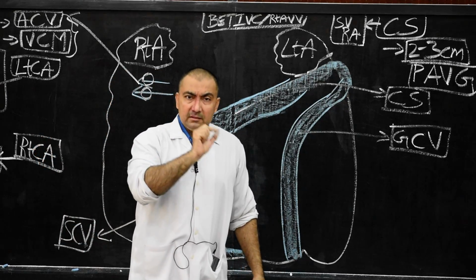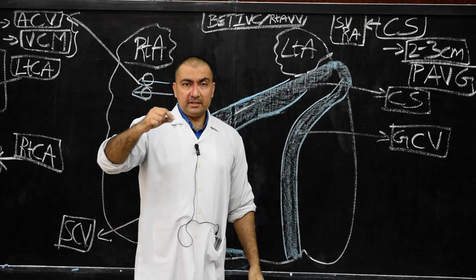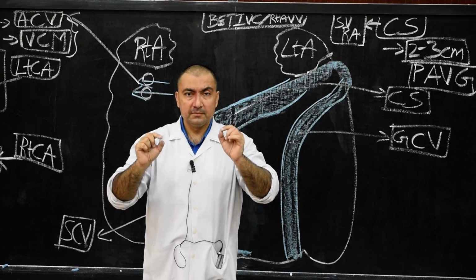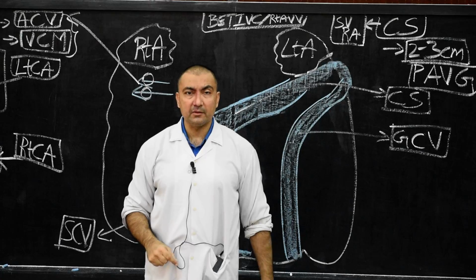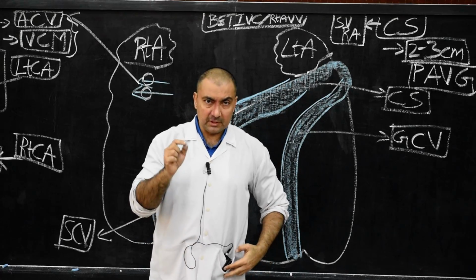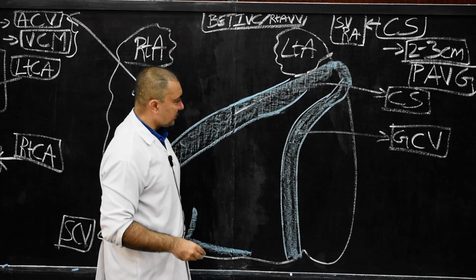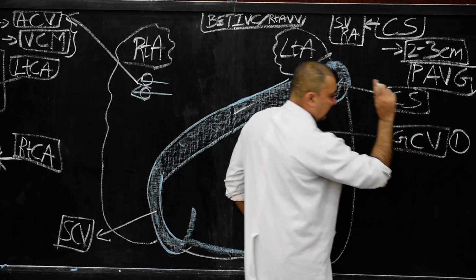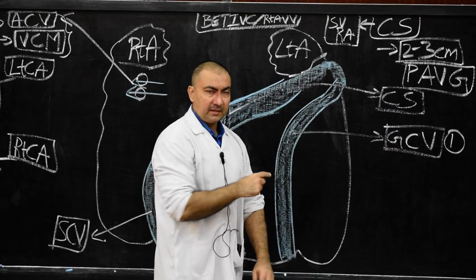And now, this opening of the coronary sinus, which is guarded by the Thebesian valve, just above that there will be the AV node. Just above this opening is the location of the AV node, the atrioventricular node. Please note down. And now we come to tributaries. What are the tributaries? Number one, here I am going to give the numbers. The tributaries of the coronary sinus, the first tributary, great cardiac vein.